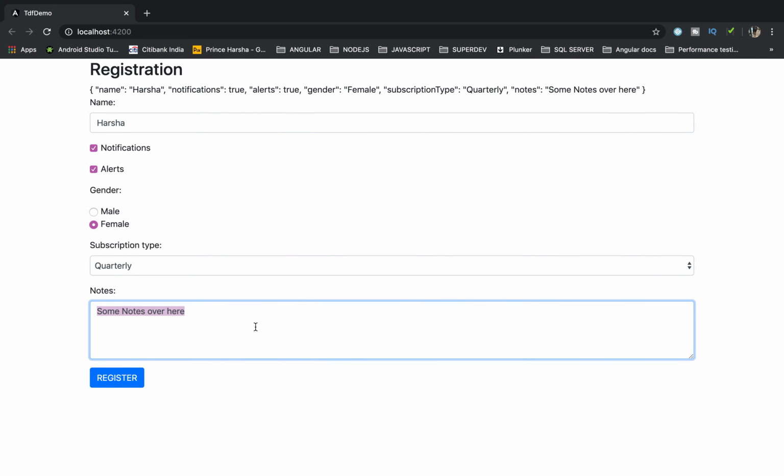Suppose I am updating this text area with some other value. Now you can observe that my form got updated with the new value, and my object also got updated with the value which I have provided over here. This is how we can achieve two-way data binding in case of Angular forms.